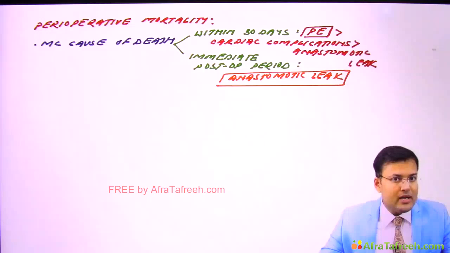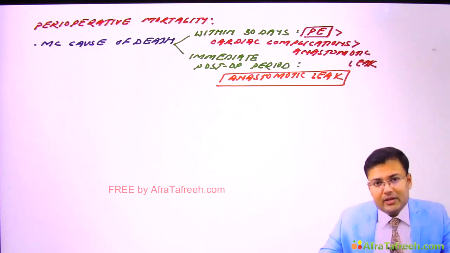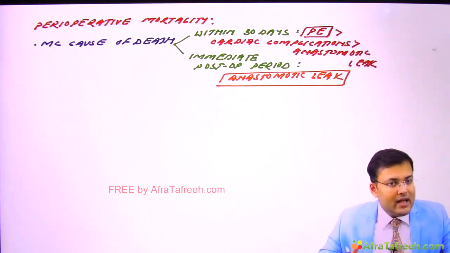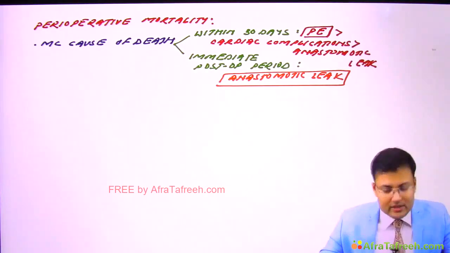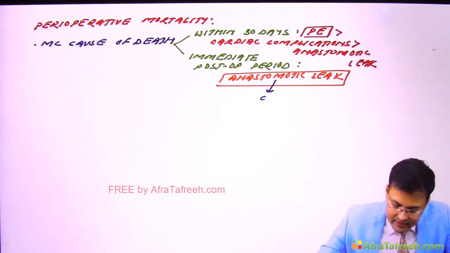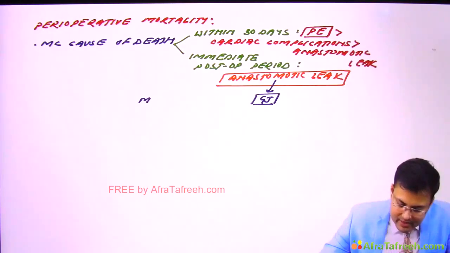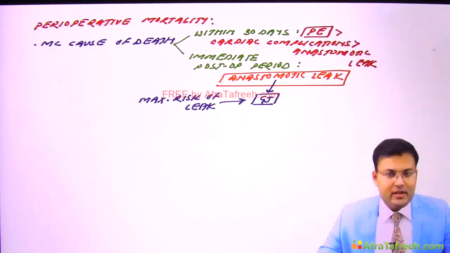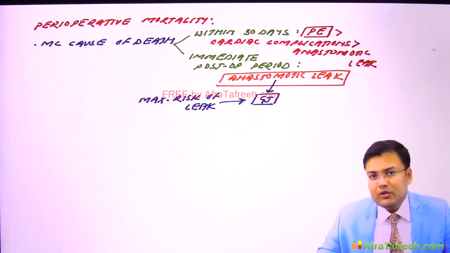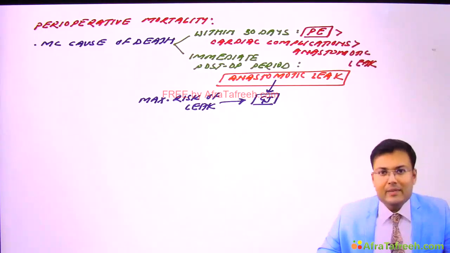Clear? So question: in bariatric surgery, which anastomosis has the maximum risk of leak? The most commonly performed procedure is RYGB, Roux-en-Y gastric bypass, and in Roux-en-Y gastric bypass we were making what? Gastrojejunostomy. So what is the most common site of leak? It is the gastrojejunostomy. Clear? So maximum risk of leak occurs from gastrojejunostomy. Clear? So this is all about robotics, laparoscopy and bariatric surgery.